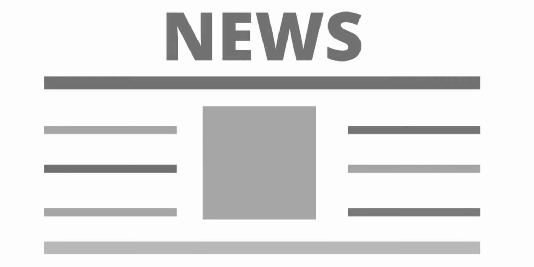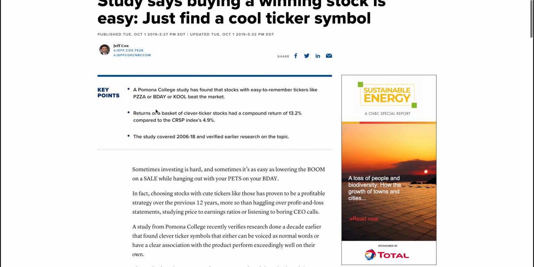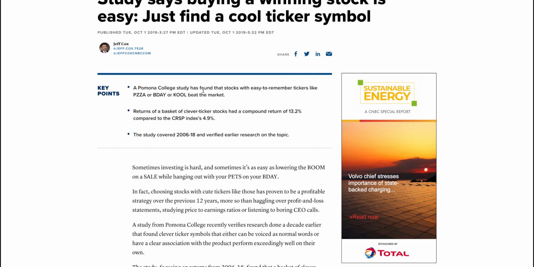And so you may be wondering, when it comes to ticker symbols, does it have any impact on the performance itself? And so we can see from this article that there was a study that found that stocks with easy to remember ticker symbols such as PZZA, sounds like pizza, BDAY, birthday, COOL with a K, actually beat other indexes that on paper would at least outperform the easy to remember ticker symbols. And so the period was from 2006 to 2018. There was a compound return of 13.2% compared to an index, and they've used the CRSP, which is just 4.9%